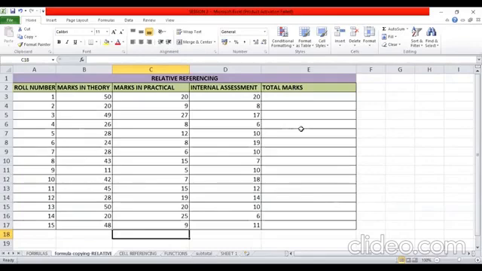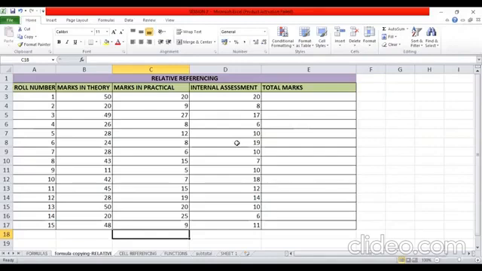So let us see, suppose I have this data set where I have students' marks in theory, practical and internal assessment, and I want to calculate the total marks for 15 of my students. I have a small batch, 15 students. Now let's see how I will type the formula for calculating the total marks of all these students. For each student, I have written the values in each of the rows. So row number 3 consists of the marks of student 1. Row number 4 contains marks of student 2, and so on and so forth.